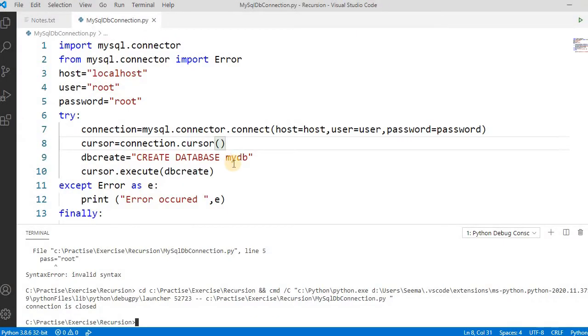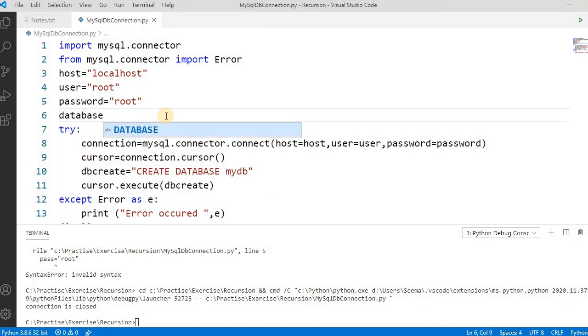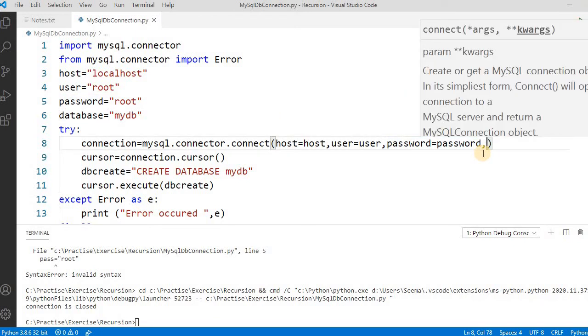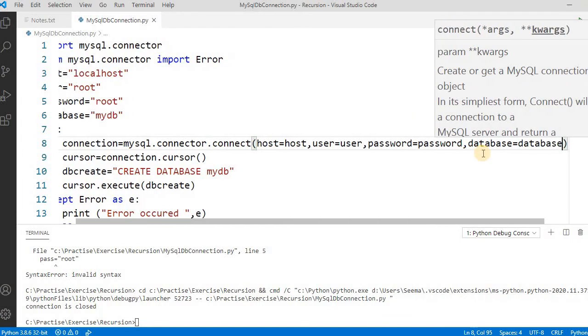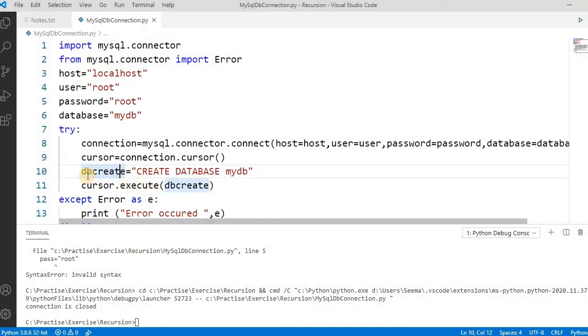Now let's go there and create one table also. So for that, before that, now we have created this MyDB. So we change something like database is equal to MyDB, and then pass this into the connection string. Now we will connect to the particular database, so all the operations that we perform are on that database, right? So database is equal to MyDB, simple. So we have passed the database. Okay, now we will remove this command. Let's say create table command.